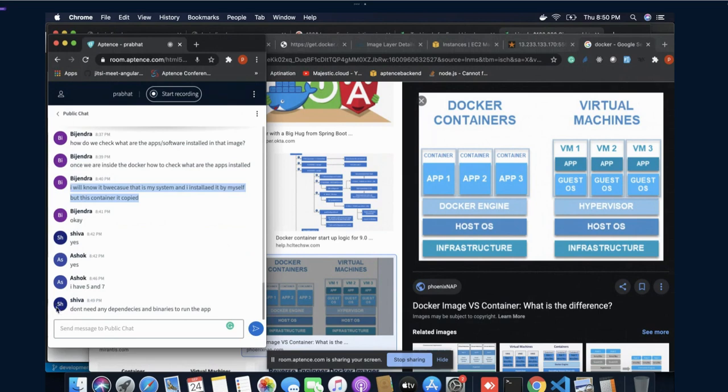You don't need any dependency and binary to run this application. Yeah, of course, you can see here, the guest OS totally depends upon the host OS. But in case of an app, this app could be an OS like Ubuntu. So technically, in the host OS, you can add another independent OS. Inside Ubuntu, you can install Windows as well. You can install CentOS, you can install Fedora, or n number of operating systems on top of your host OS system. So it would be independent of this one.